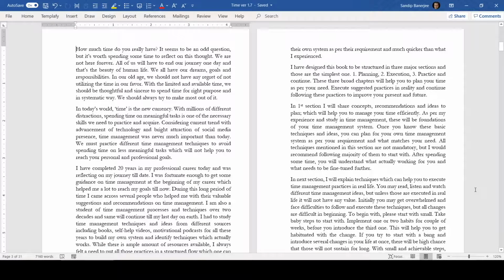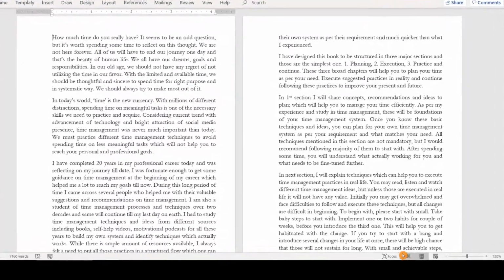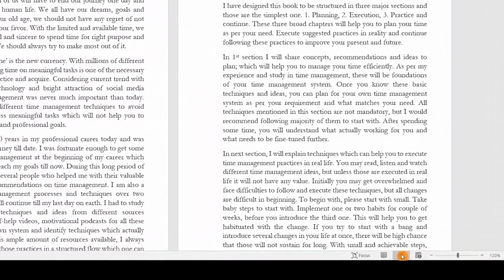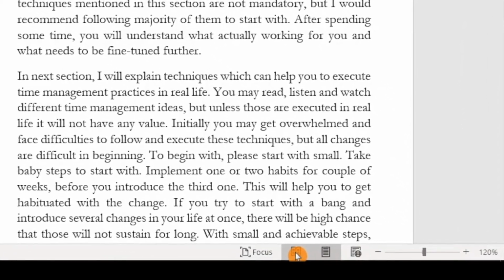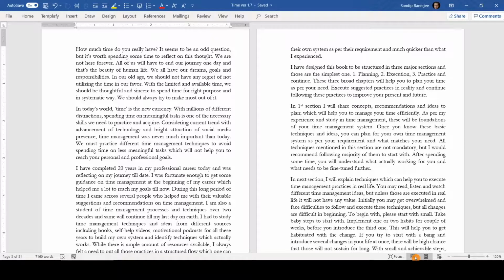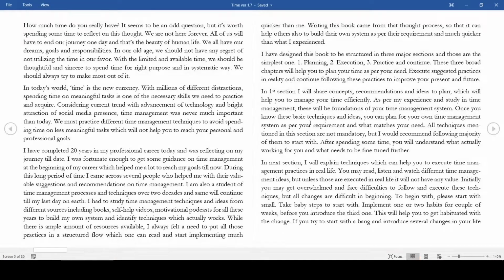So the view I'm talking about, that is read mode, and how to invoke that. If you follow my mouse in the right bottom part of the page, currently we are in this print layout. So if you click on this read mode, this particular view will open. So let me click on that and let's see how it happens. So this is the view you will be getting. Now there are several different options we have here which can help you to enrich your reading experience. Now let's see what are those.